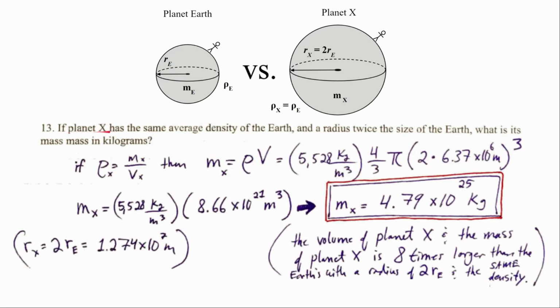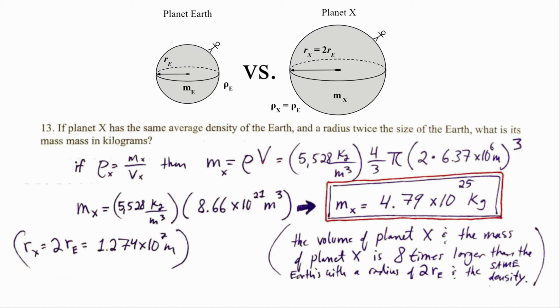Question 13 states, if planet X has the same average density as the Earth and a radius twice the size of the Earth, like we just talked about, what is its mass in kilograms? Remember that our density equation: density is equal to the mass of an object divided by its volume. So the density of planet X is equal to its mass divided by its volume. If we rearrange this equation for mass, we get that the mass of planet X is just equal to